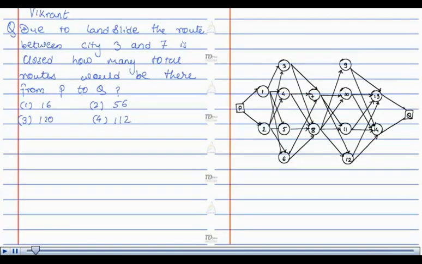Hello, I am Vikrant. The question is, due to landslide, the route between city 3 and 7 is closed. How many total routes would be there from P to Q? The solution is,